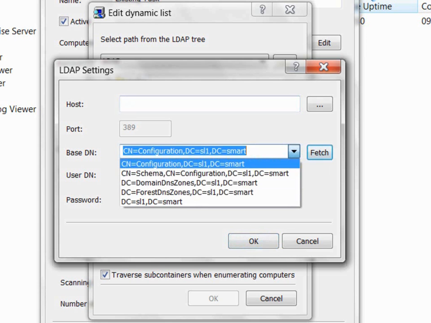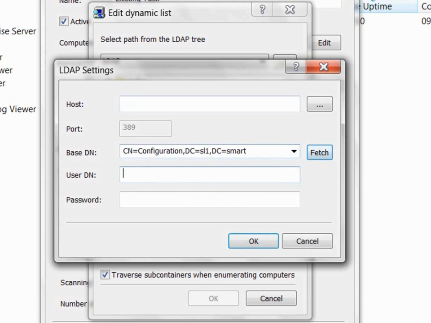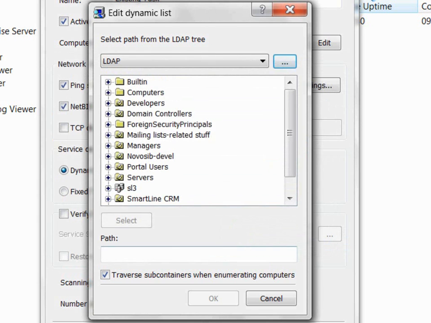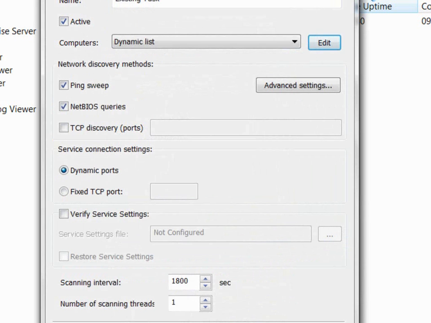By pressing the Fetch button, you can get all the published naming contexts. User DN, the distinguished name (DN) of the directory user that allows connections to the directory. Password, the user's password. Network discovery methods, types of network scanning that will be used to determine the status, available or unavailable, of monitored computers. Three types of network scan are supported: ping sweep, NetBIOS queries,